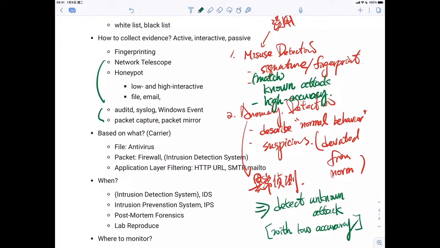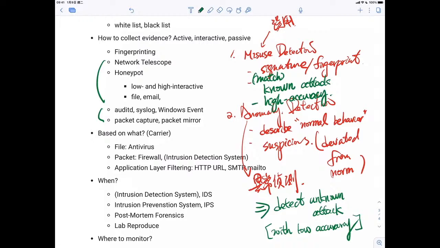Network telescope 中文翻成没有中文，就是网络望远镜嘛。那 Honeypot 的中文是诱捕网路。Honeypot 就是那个蜂蜜的罐子，因为蜂蜜罐子很甜，所以它会吸引昆虫来，所以 Honeypot 在英文里面是吸引的意思，所以中文翻译成诱捕网路。